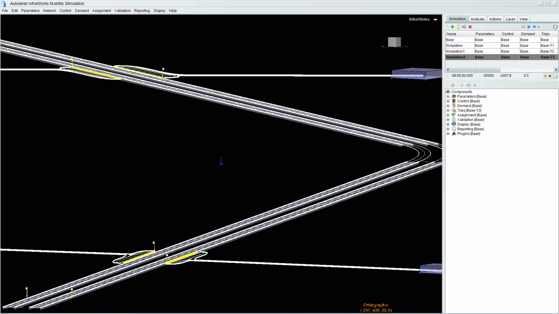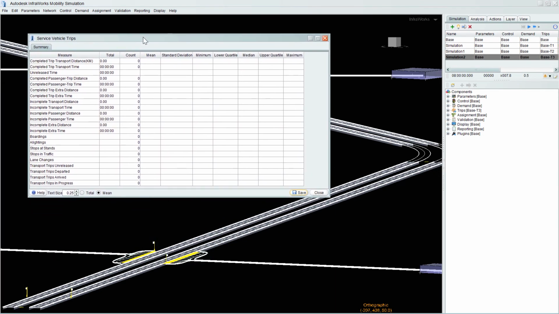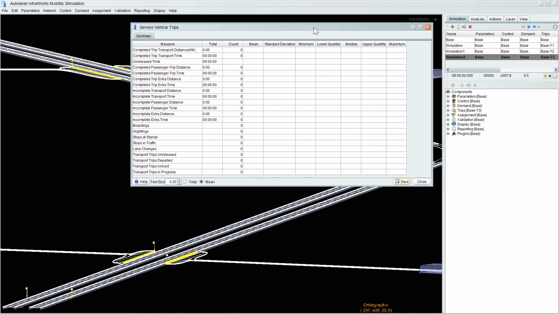And if we now go to reporting and then maybe go to service level trips, this is the matrix for that. So you can see this is the summary. So we have all the criteria identified, and then the results will be here. So at the moment it's blank because nothing's happening.